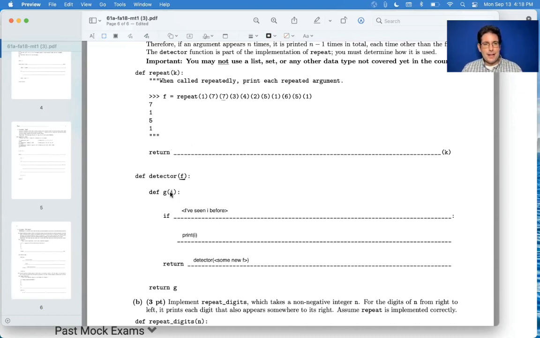So how do I know if I've seen I so far? The only thing I can refer to is I itself, and whatever F is, and whatever repeat is. And repeat doesn't seem like it's the kind of thing that tells me whether I've seen I before. So that must be F's job. Now I need to build a new F. Well, in the beginning, I would say that I've never seen